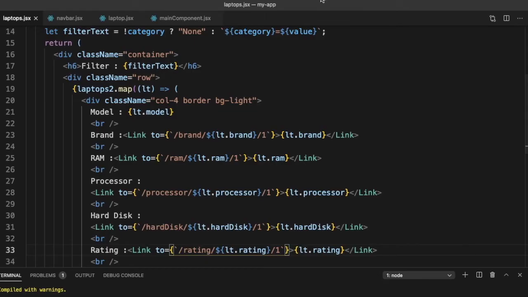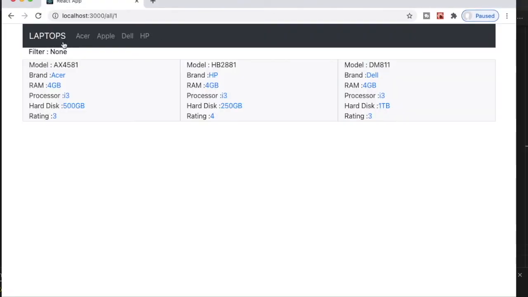Let's test it again. So Acer is working fine, Apple, Dell, yes. Now if I click on the RAM, I get RAM is equal to 4 GB, so the filter is fine. If I click on the processor, I get the processor. Hard disk, I get hard disk. Rating, I get rating.